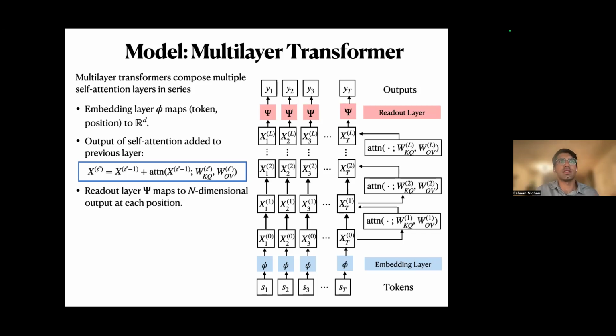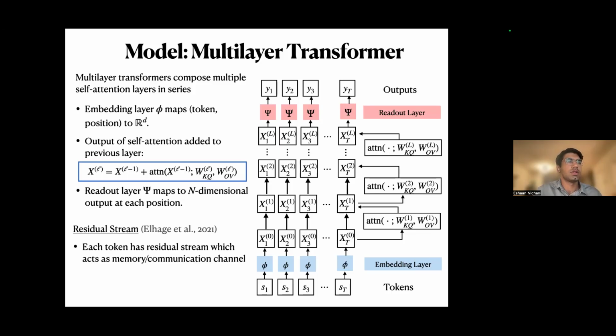One perspective that's useful to keep in mind when thinking about how information propagates through the transformer is that of the residual stream. Here we consider each token having a residual stream, which is its embedding at all layers. This residual stream acts as some sort of memory or communication channel.